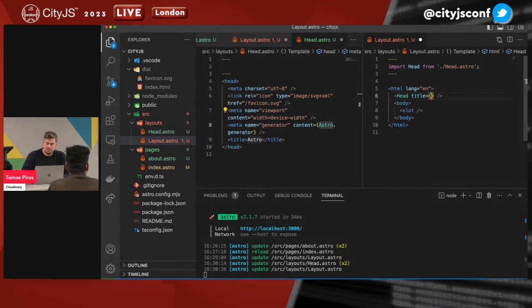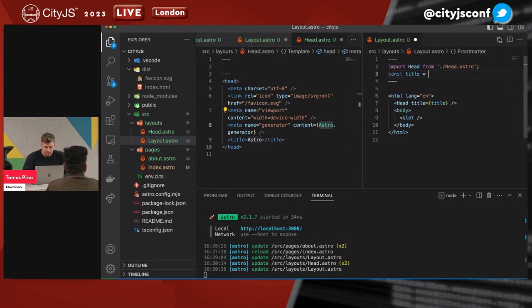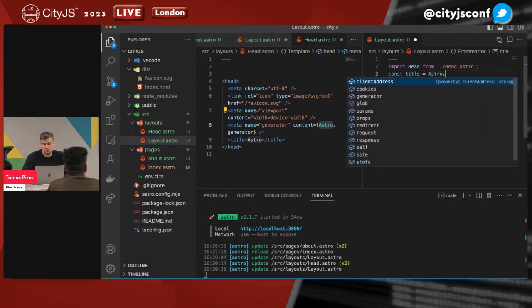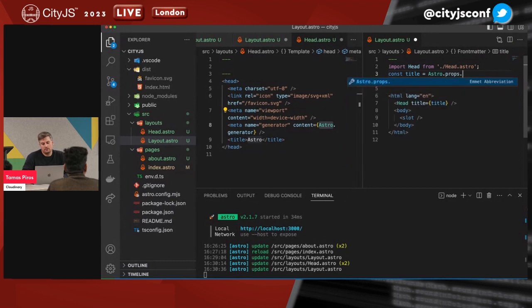So let's say the title is title, and then you have to have a place where title comes from. So where does it come from? You do Astro.props, and then dot, and then whatever the prop that you send to Astro. Okay, so in this case, let's call it title. And so all you need to do is